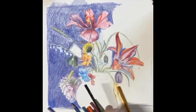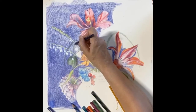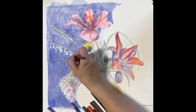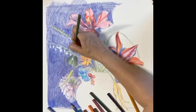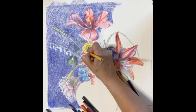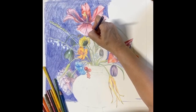For making it smooth, you have a few different techniques that we're going to talk about later, but right now I'm using just one color. It's just a purple that I'm using for the background. We can come with the light to dark, we can layer our background and make it darker to lighter, and push your color pencil more, then you're going to see that it has more smoothness. This is one way that we can do it,